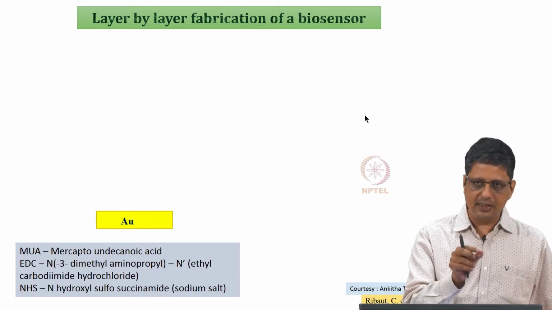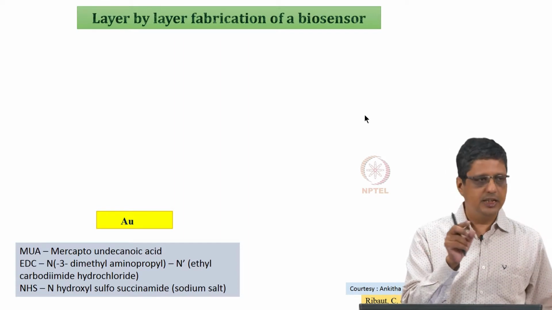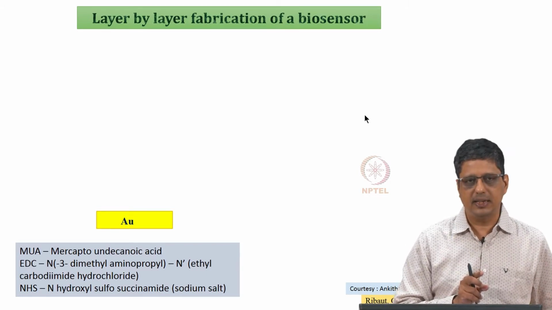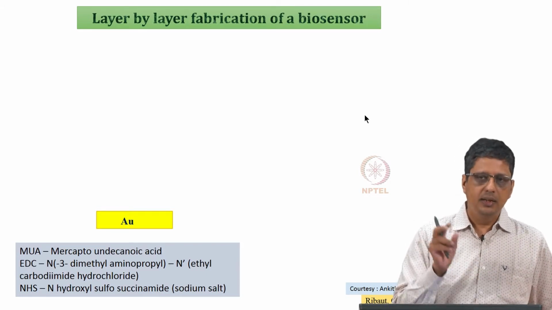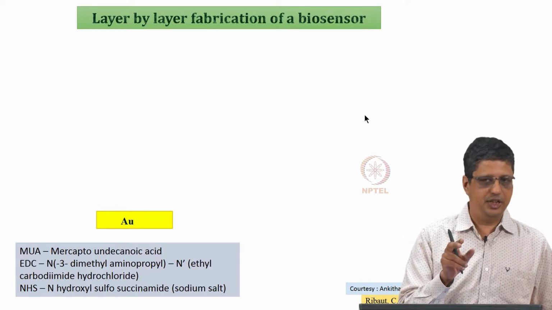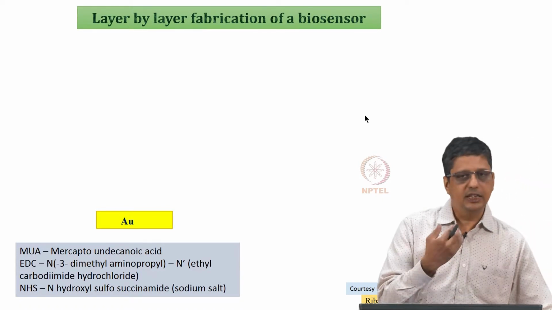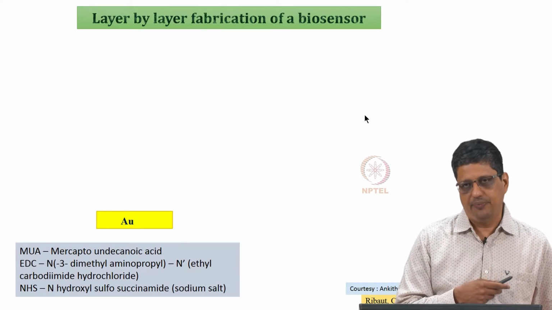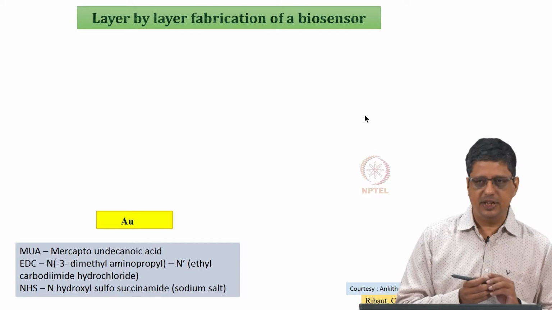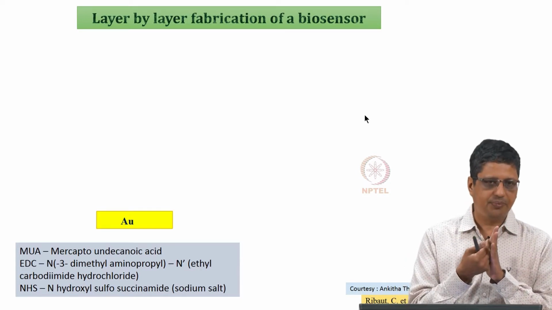You can either detect the virus or the chemical that is associated with the virus, released by the virus, but it is a marker, like if you see this chemical in the blood, this person has been exposed to this virus or this bacteria. Okay. The bacteria is called an antigen, that chemical is also called an antigen. Whatever our body produces in response to that is called an antibody. So, a biosensor here is something where you want to detect the antigen. So, what you want to have is an antibody which is specific to this antigen.